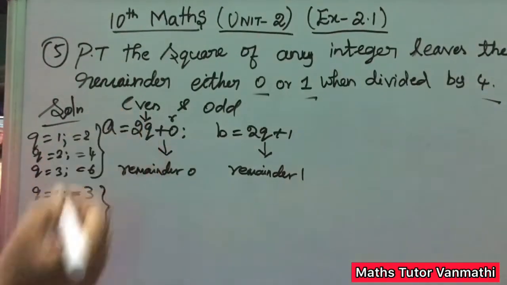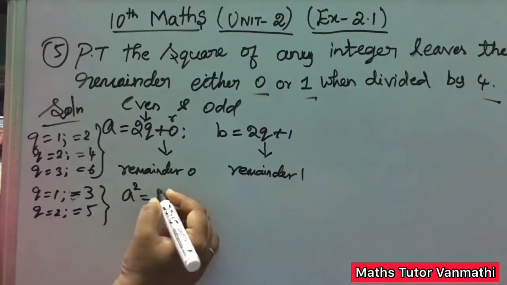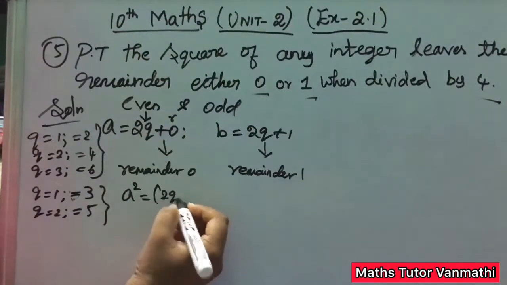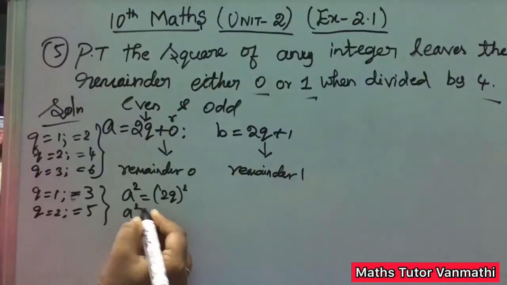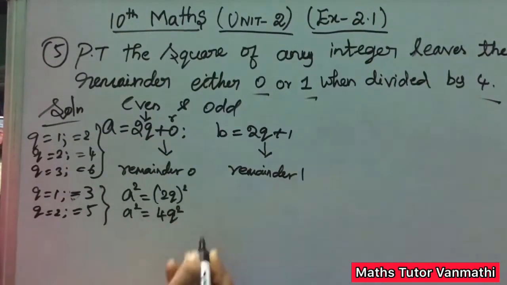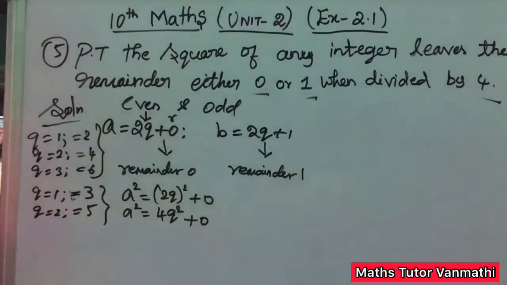Now we are going to square these two values. First a square. A square is your 2q whole square, 0 we need not consider. Then you get a square equal to 4q square. Clear? We can write it as plus 0. Okay. Next,